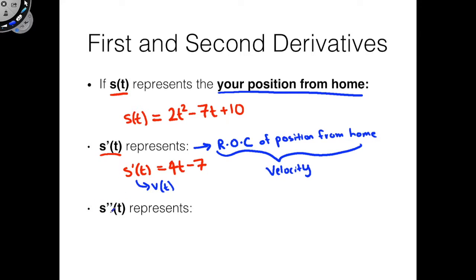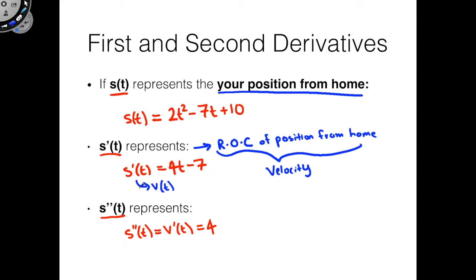Now this is where things get interesting. What does S double prime of t represent? If we took the derivative, we know that S double prime of t is the same thing as v prime of t. Recall that because the second derivative is the first derivative of the first derivative, which is equal to, that would be 4, right? Now let's talk about what this really means